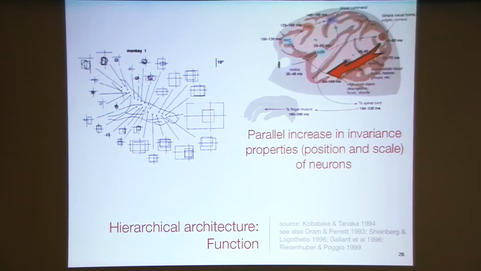Okay? Now, in parallel to this gradual increase in the complexity of the preferred stimulus driving neurons, people have also documented a gradual increase in the invariance properties of neurons. Okay? So first of all, there is a gradual increase in the receptive field sizes. And I should point out that this slide is a little bit misleading because the brain here is mirrored by 180 degrees over this brain. So the back of your head, the primary visual cortex, sits on the left here. And the higher visual areas, like the inferior temporal cortex, sit on the lower right corner.